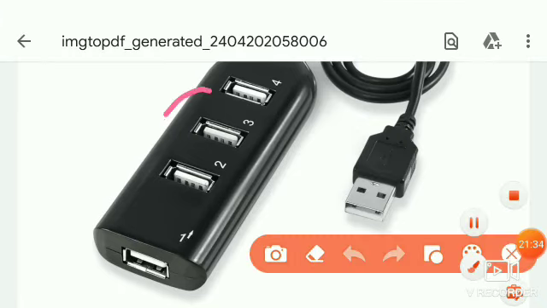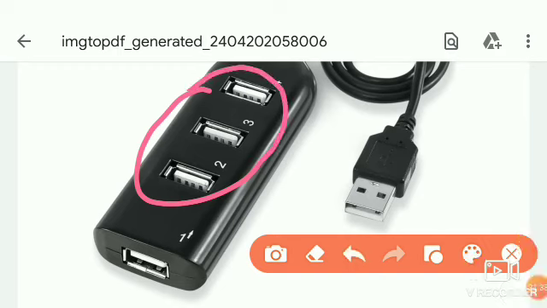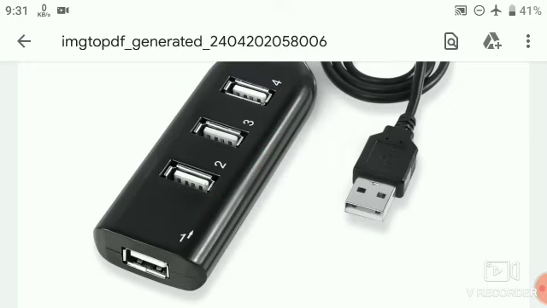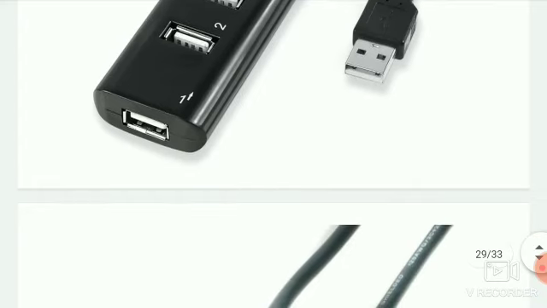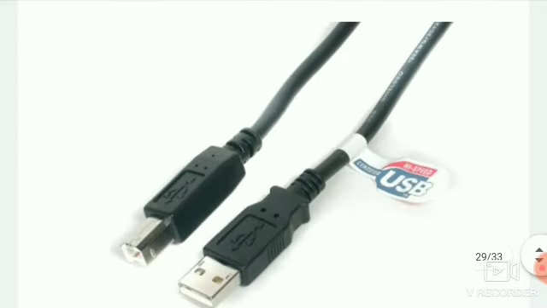So we use these ports to connect peripheral devices such as a mouse, modem, keyboard or a printer to a computer. After the USB port, our next connection is FireWire. We use FireWire to connect devices such as a digital camera or printer also.